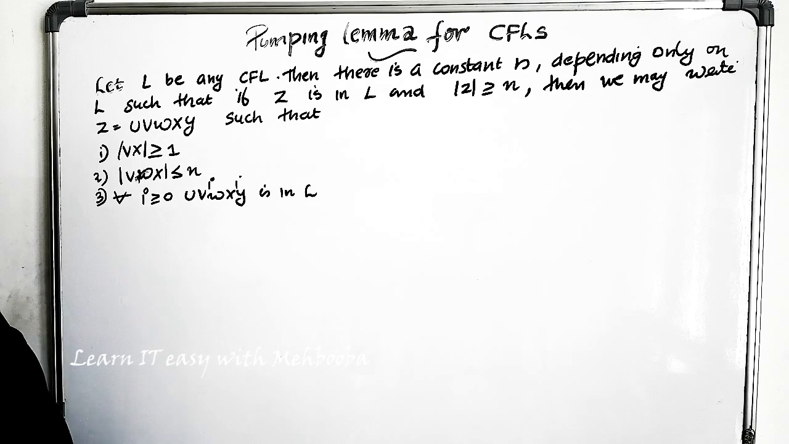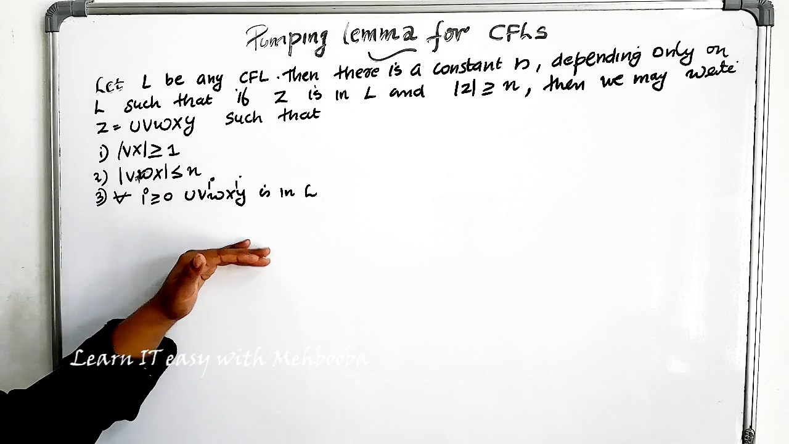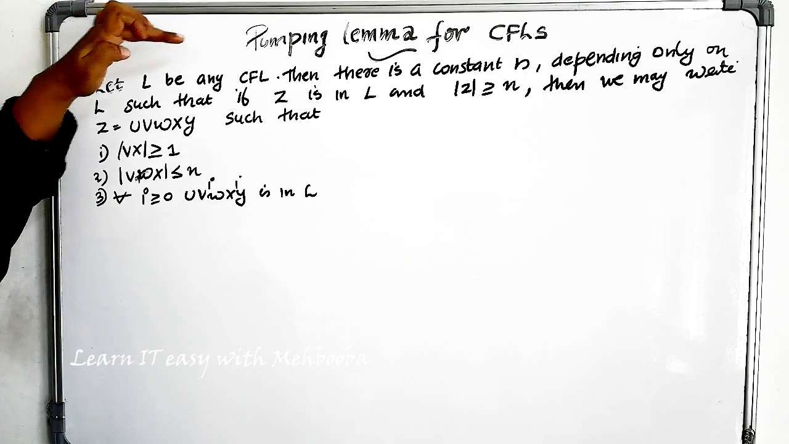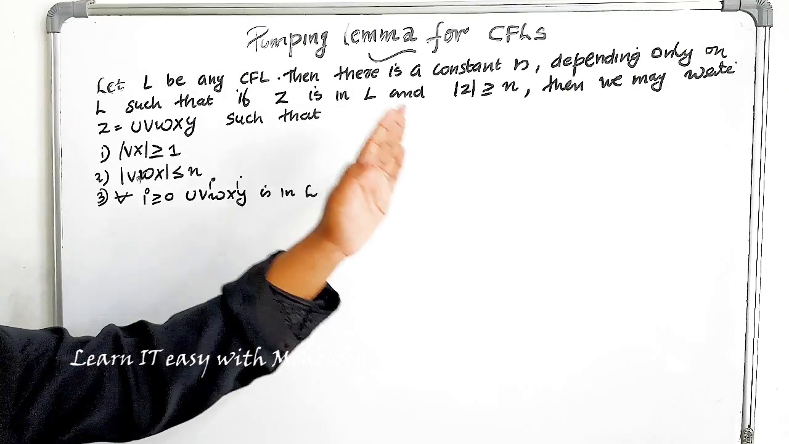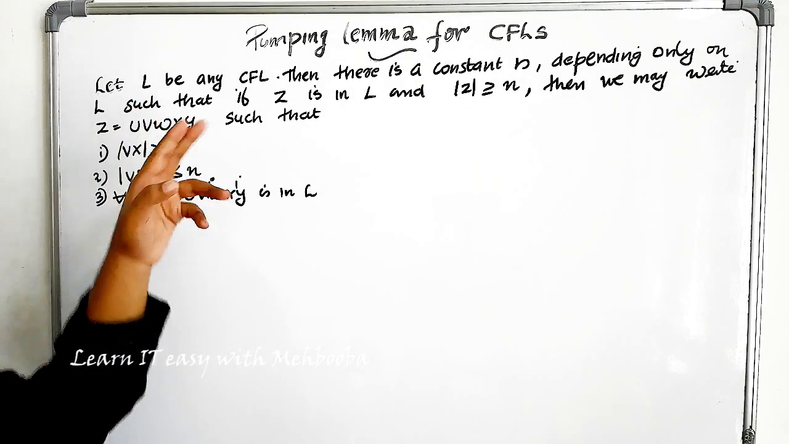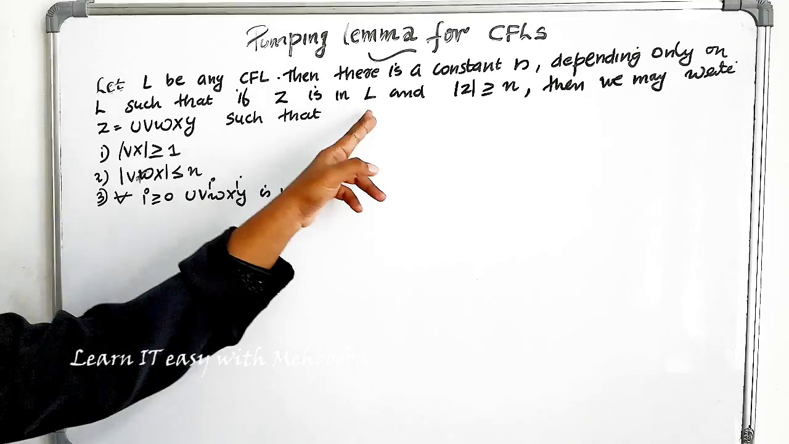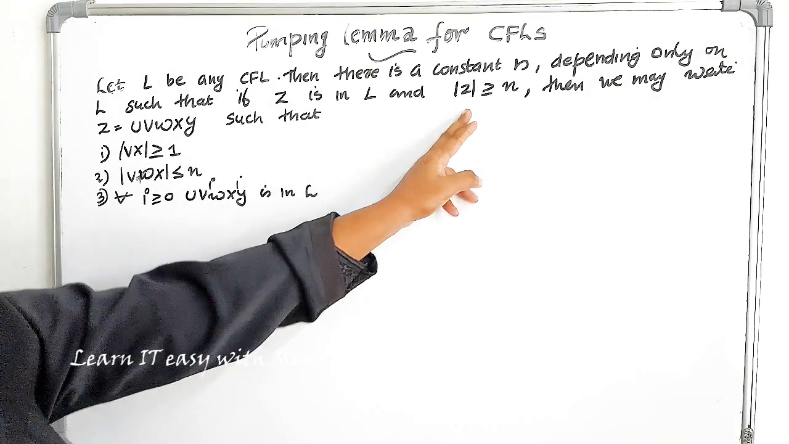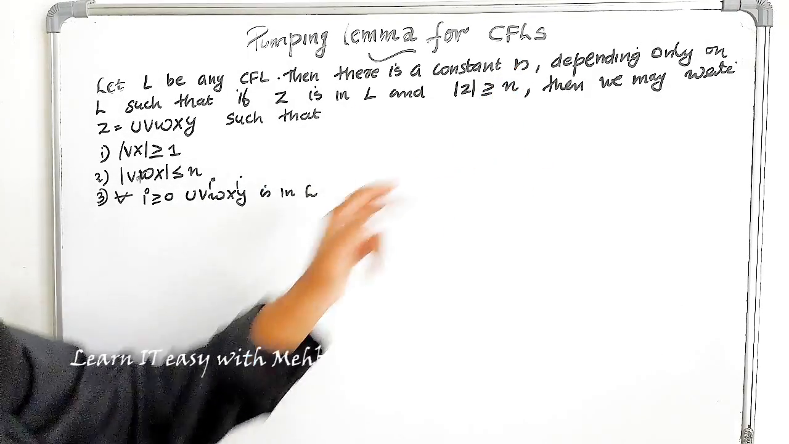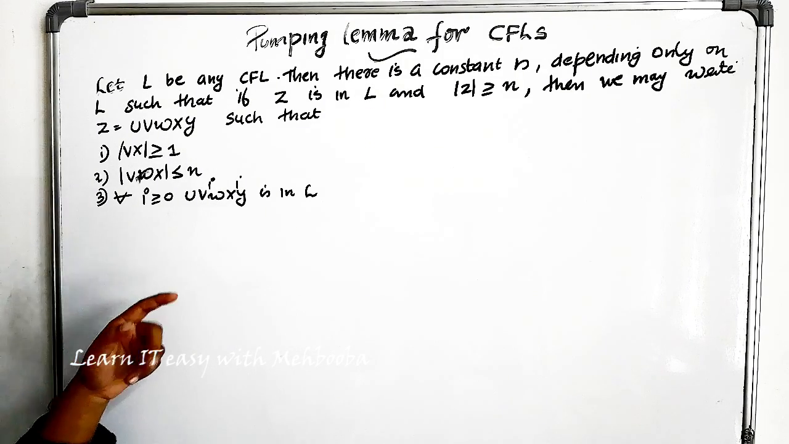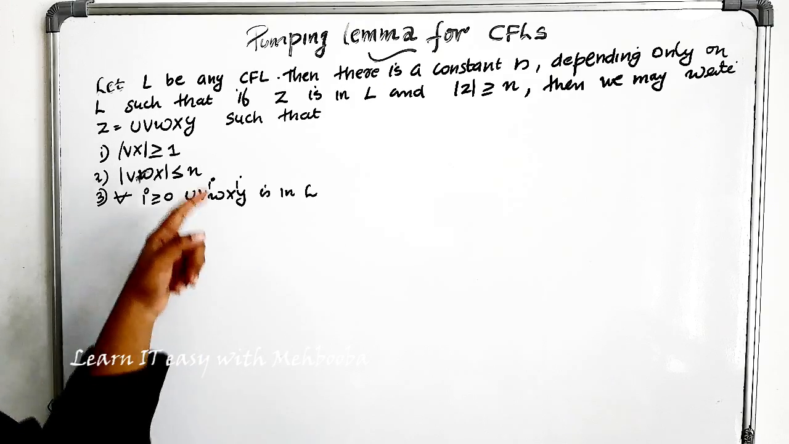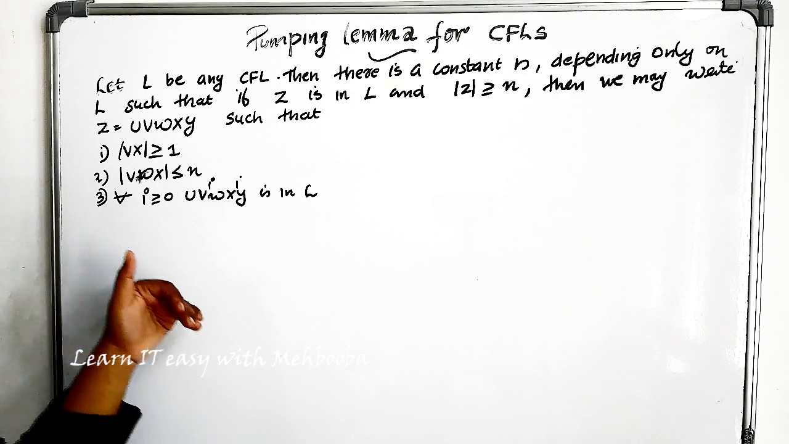Hello all, in this video we will be stating and proving the pumping lemma for CFLs. The statement is like this: let L be any context free language, then there is a constant n depending only on L, the language, such that if Z is in L and the length of Z is greater than or equal to this n, then we may write Z. We can split Z into 5 substrings U, V, W, X and Y